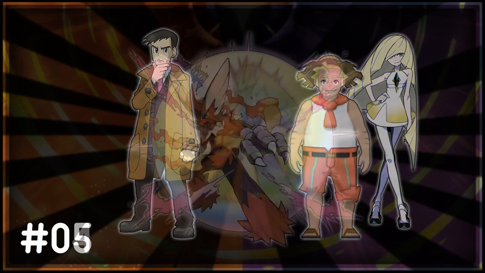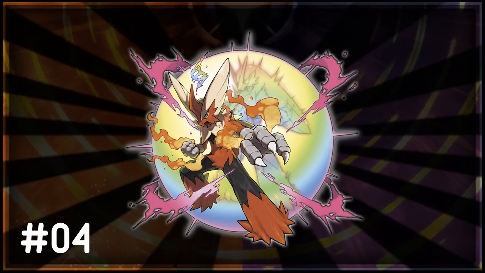Then at number 4 we have new Megas. Now this is higher than Alolan Forms, because I feel like we need some new Megas. The last time we got new Megas was ORAS, which would have been 2 years ago at the time, whereas we have Alolan Forms for this generation, so it's not like it's urgent. So I'd like to see at least some new